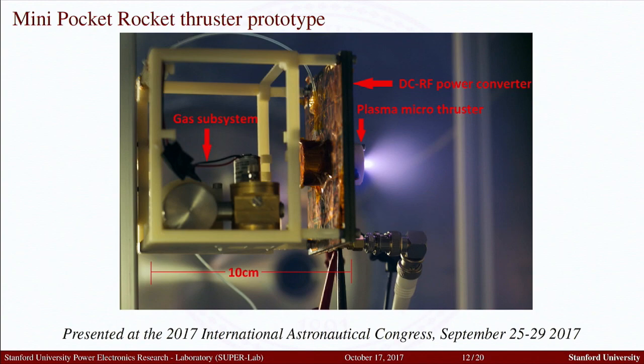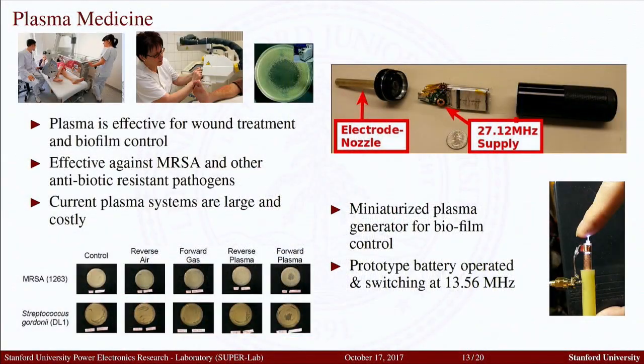So now we can try to collaborate and find opportunities to see if we can fly one of these things. We can use them then to monitor natural resources, disaster areas, etc., at a much lower cost. And we are also trying to use these plasma generating techniques in other areas, for example, to implement plasma medicine applications. We want to be able to use plasma to essentially treat